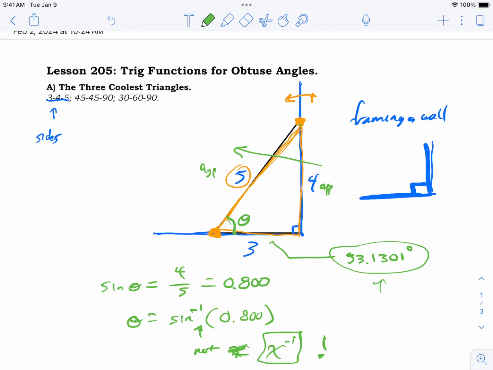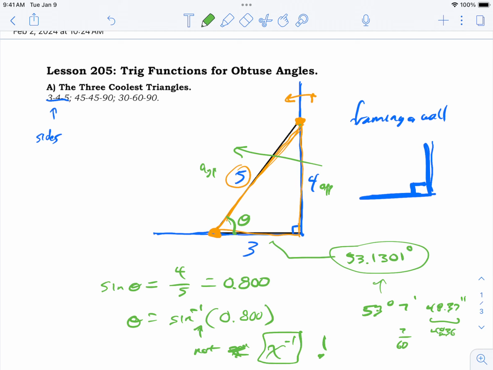I think I have a degree, minute, seconds button. Do you have one of those? Let's play with that. Push. So this is 53 degrees, 7 minutes, 48.37 seconds, right? 53 degrees, 7 minutes means 7/60ths of another degree, and this means